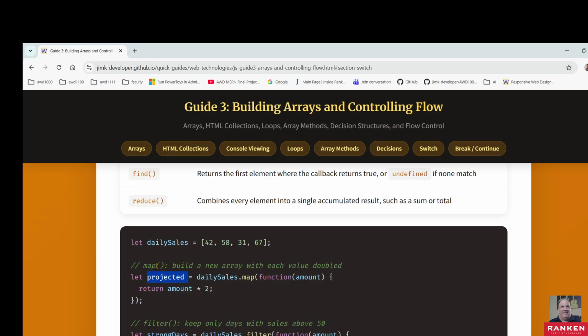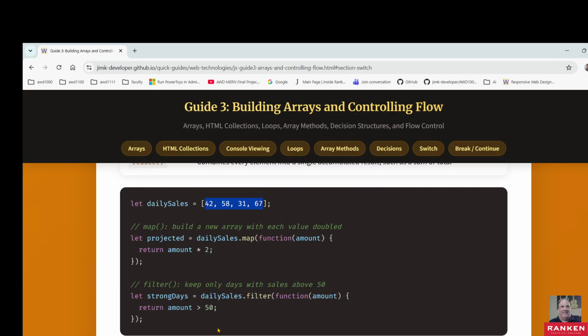The important thing is map builds a new array with each value doubled, okay? It does not replace daily sales, right? It's going to create a new array of these, and they're going to be multiplied by 2, each one. Now, filter keeps only days with the sales above 50 in this case, right? So what this is doing is